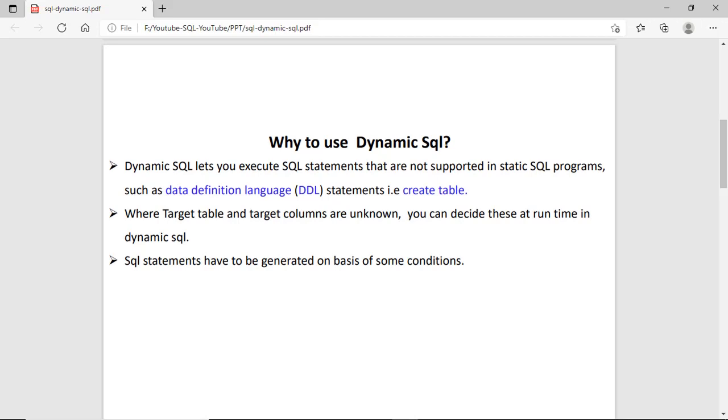Second, and very important, where the number of columns or the target table is not known, you can use dynamic SQL, because at runtime you can decide how many columns and from which table the data has to be fetched. Third, you can design the SQL statement with conditions so that on the basis of those conditions you create a new SQL statement dynamically. So these are some scenarios where you should use dynamic SQL.